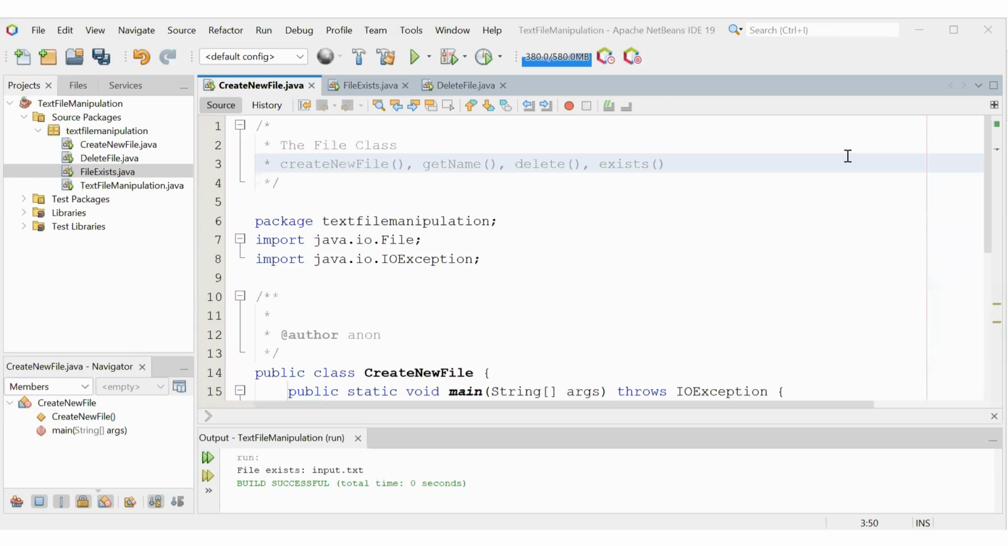Assalamualaikum and hi. In this video, we're going to kick off a new topic, which is Java file manipulation. Specifically, we're going to look into text file manipulations. And for this video, we'll start by looking into the File class and what methods are available within this File class. We're going to explore 4 specific methods, which are the createNewFile method, the getName method, the delete method,